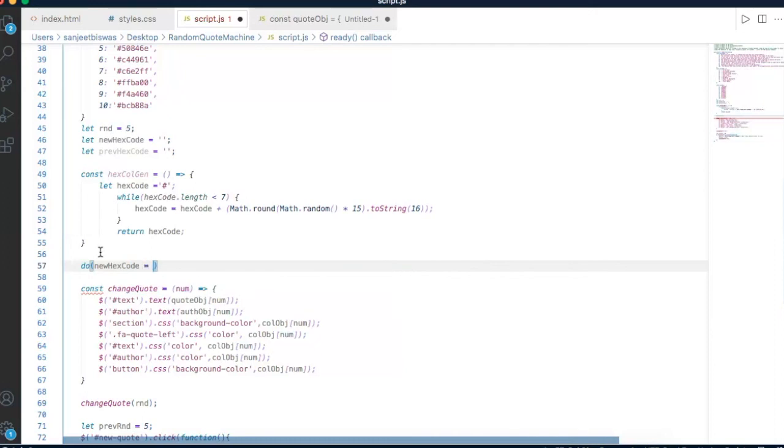So basically give me a new hex code. And how do I get a new hex code? I call the function hexColGen that we just wrote, right? I call this function, and I have to put this within curly braces, not parentheses. Okay, so I'm saying, hey, get me a new hex code and store it in the variable newHexCode